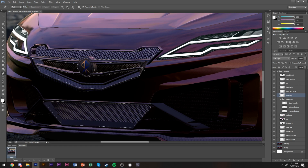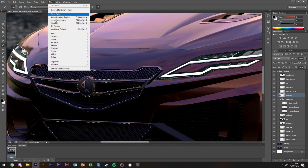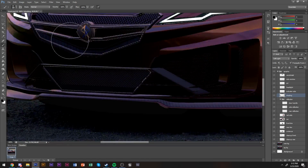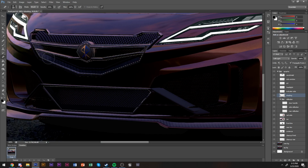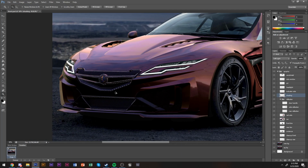Just gonna copy and then shading. One thing I do like to do is go in with this and color it all in. And then I like to go back in with my eraser at a lower opacity, like 50, and a larger brush with no hardness, and sort of fade the shadow in a little bit. That way you get a more natural effect as opposed to if you just